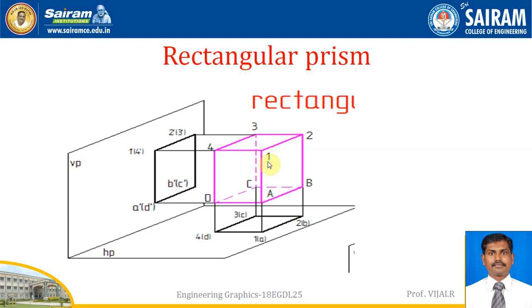So for a rectangular prism, they will give the length and width measurements, and we have to draw it. In the top view, normally we see only the top and bottom faces. Top and bottom faces are important. The front and side are connected with the rectangular faces, but we are not considering those; we are considering the top and bottom faces. What we can see from the top and what we can see from the front, that is important.